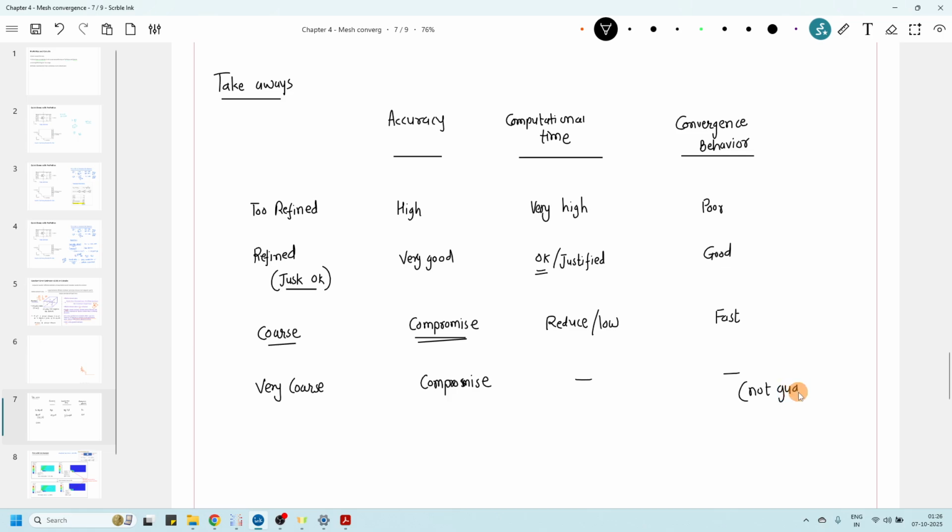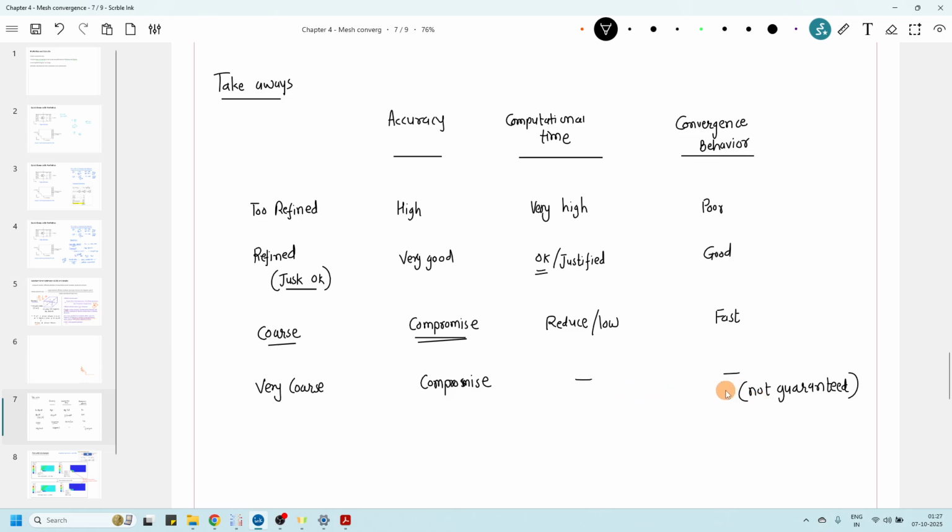Maybe for this example it might converge, but when we work on actual projects with multiple components interacting and contacting, a very coarse mesh doesn't guarantee convergence. So not guaranteed,